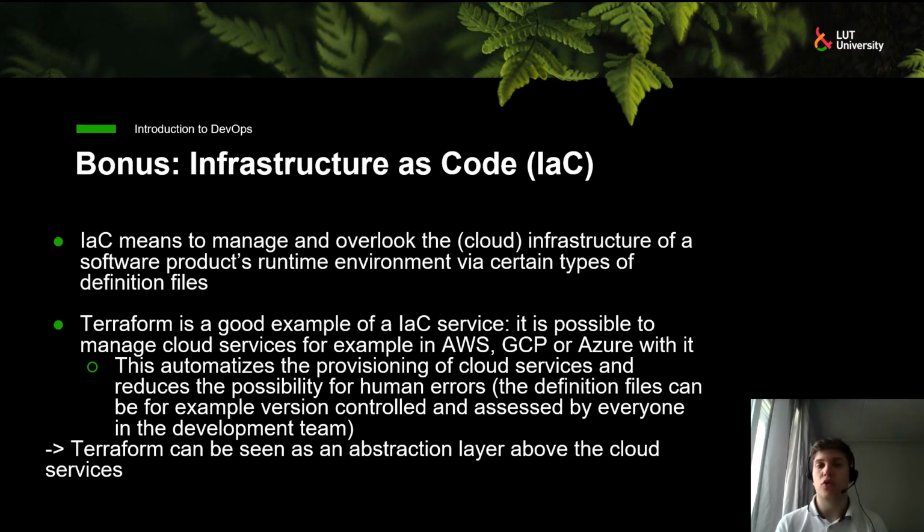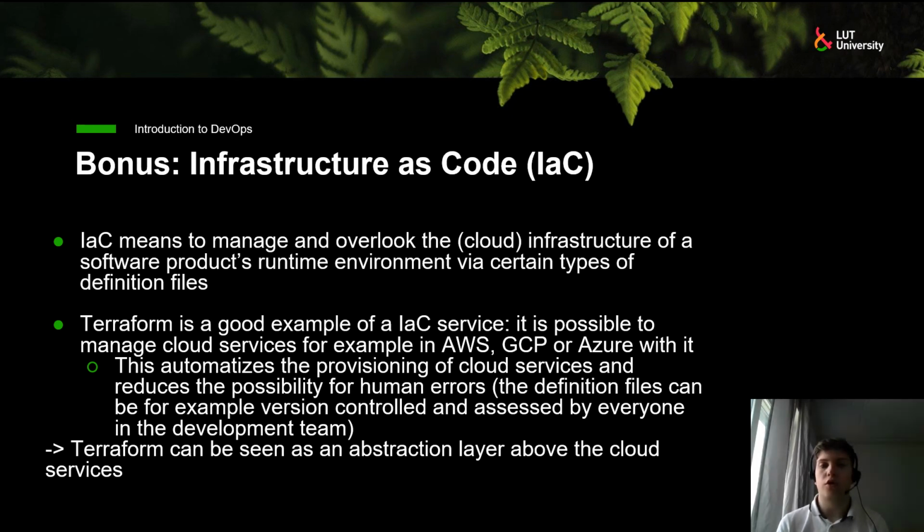So it is a more lightweight way to manage the cloud resources, and basically it is a way to kind of standardize the provisioning of the cloud resources, and Terraform is one example of this kind of a service. So Terraform has a special syntax like Docker and Dockerfile has. The syntax can be used to describe a cloud environment, for example on Azure or Google Cloud or AWS. It also supports many other cloud providers, I think.